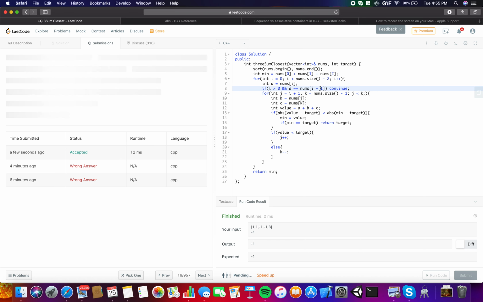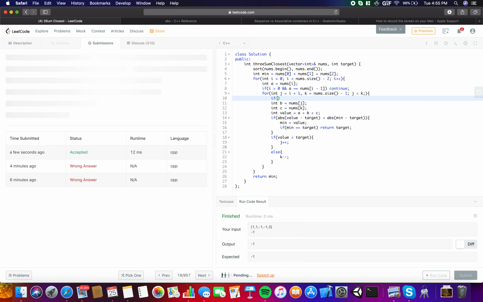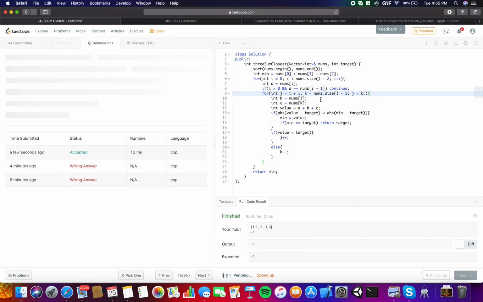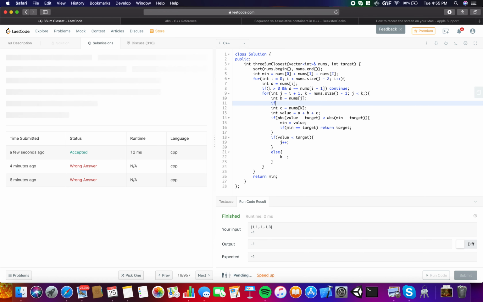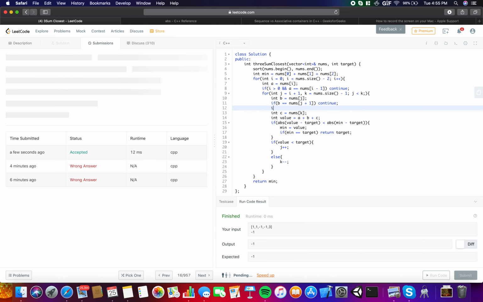We could do, if b equals, wait, hold up. If b equals nums j plus 1, then I think we can continue, and if